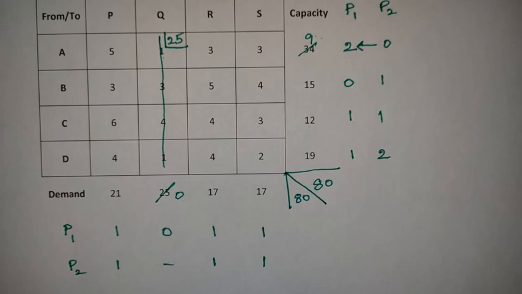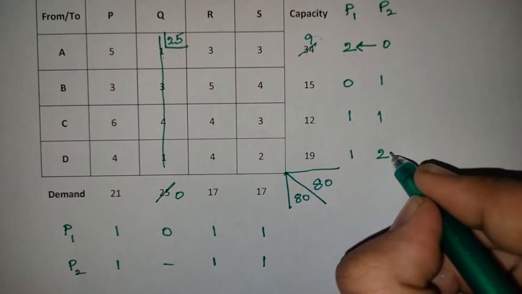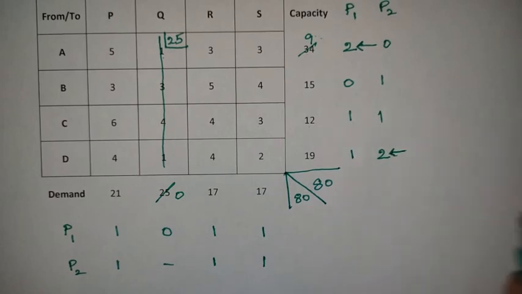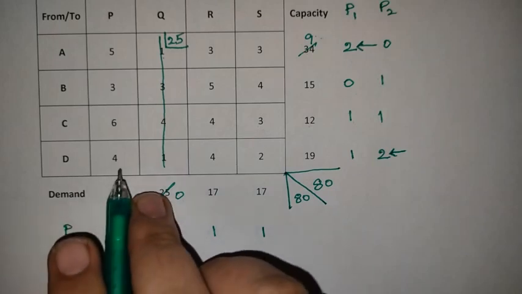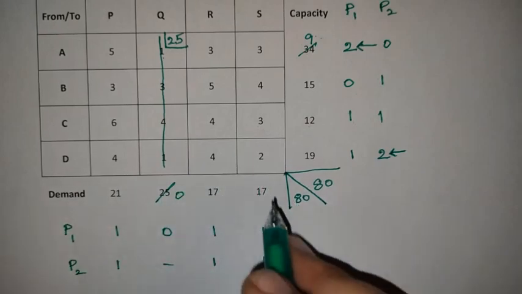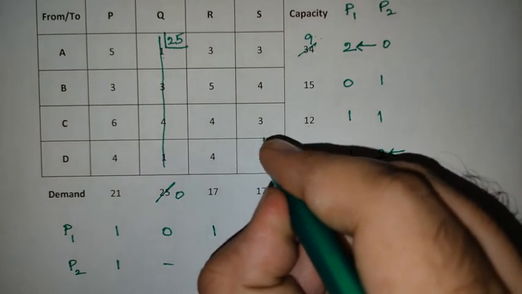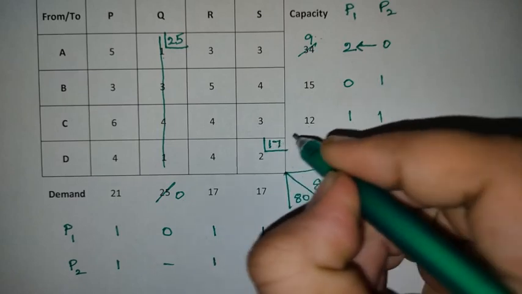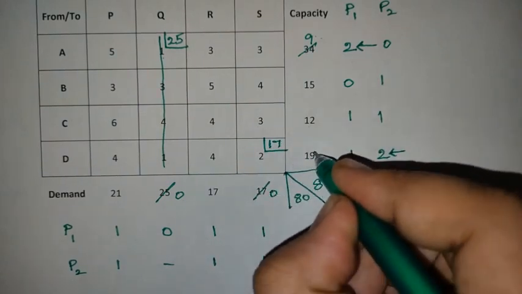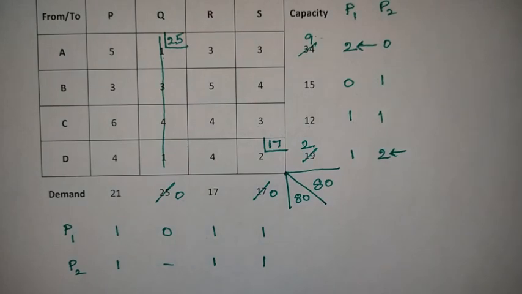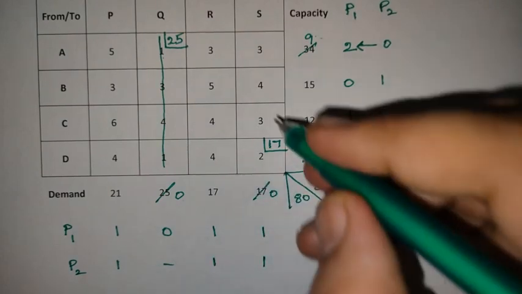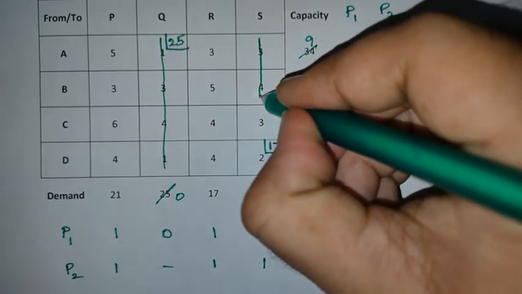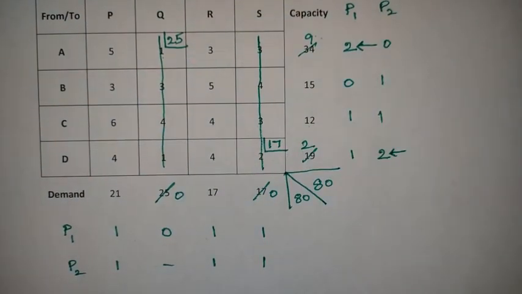So in these 7 penalties, what is the maximal value? So maximal value is 2. So now identify that one. So now in this row, what is the minimal value? In 4 4 2, what is the minimal value? 2. So now allot to this one. How many units we can allocate? 17 units we can allocate. So this will become 0, and here the remaining units are 2. So now this column also became 0, so strike off that column. Right? So now the second iteration was over.